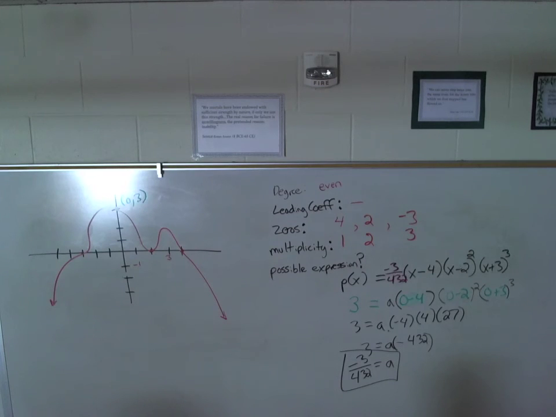Okay, so we've got negative 3 divided by 432, times x minus 4, and x minus 2 squared. Well, you have two. You put in 2 x's. Did I? Yeah. Fix that. Thank you, Ed. I think these are big and